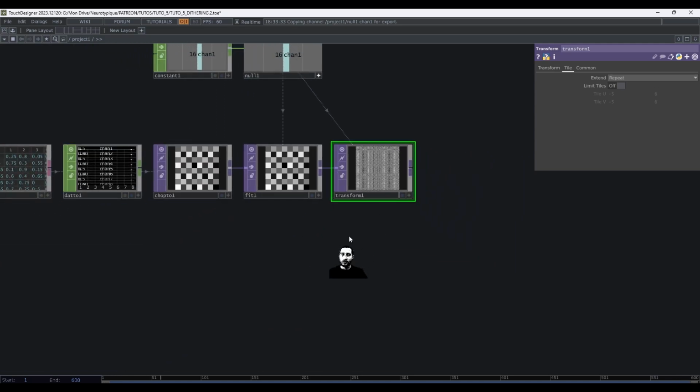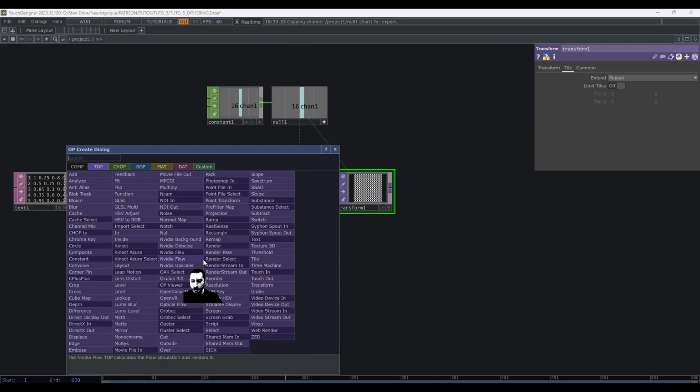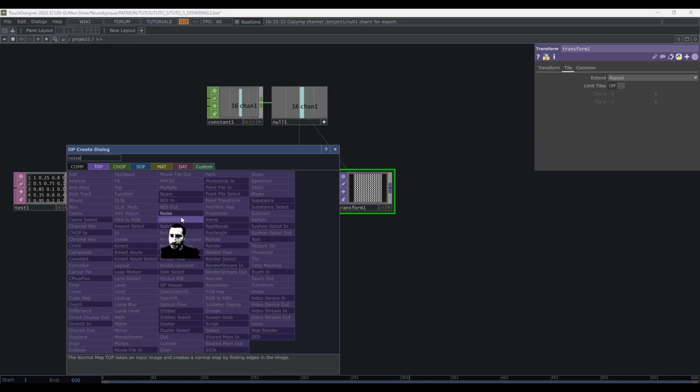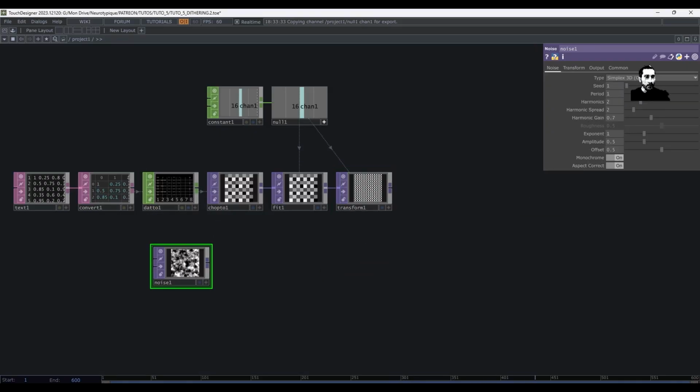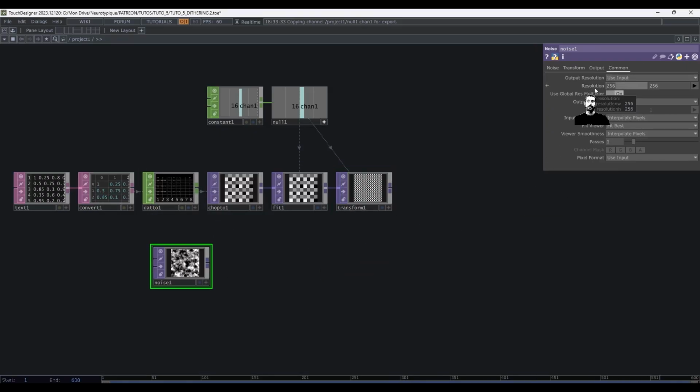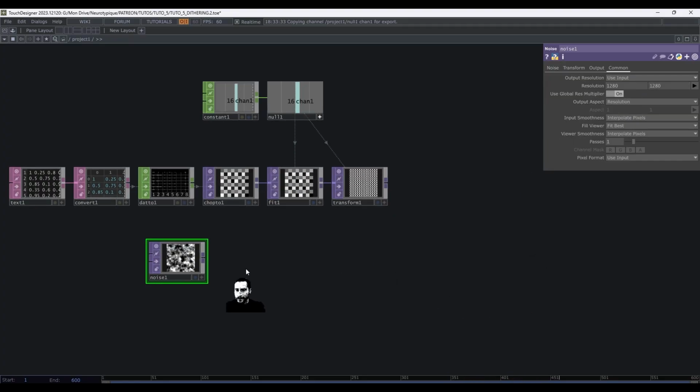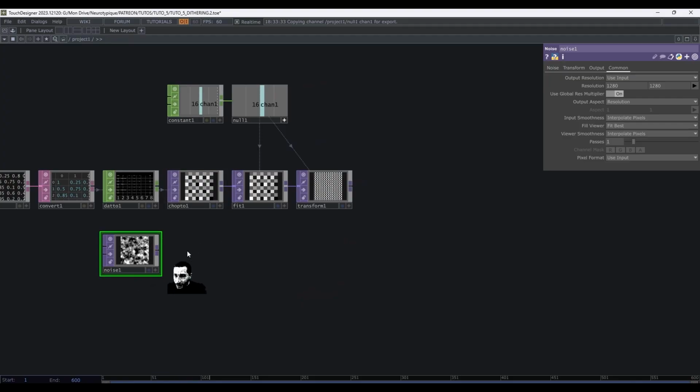So this is perfect. Now let's take just a noise with a high resolution that you can later change for what you want. So let's go with 1280 by 1280. Nice. And let's scale it to the same texture.